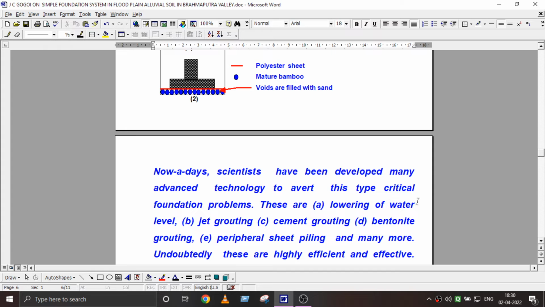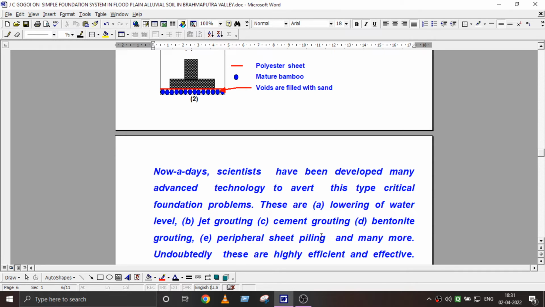Lowering of water level is a very costly proposition. Jet grouting is also a very costly proposition. Cement grouting is also costly. Bentonite grouting is costly. Peripheral sheet piling